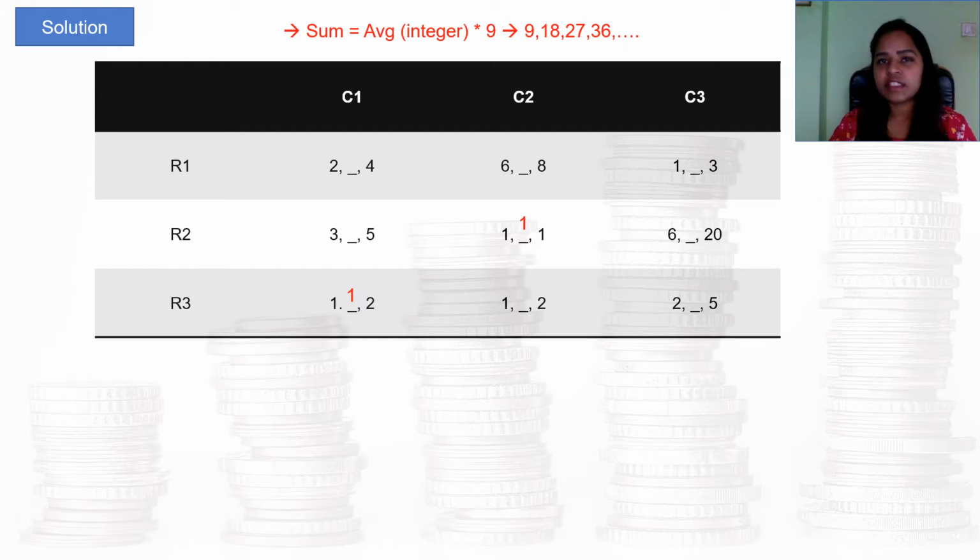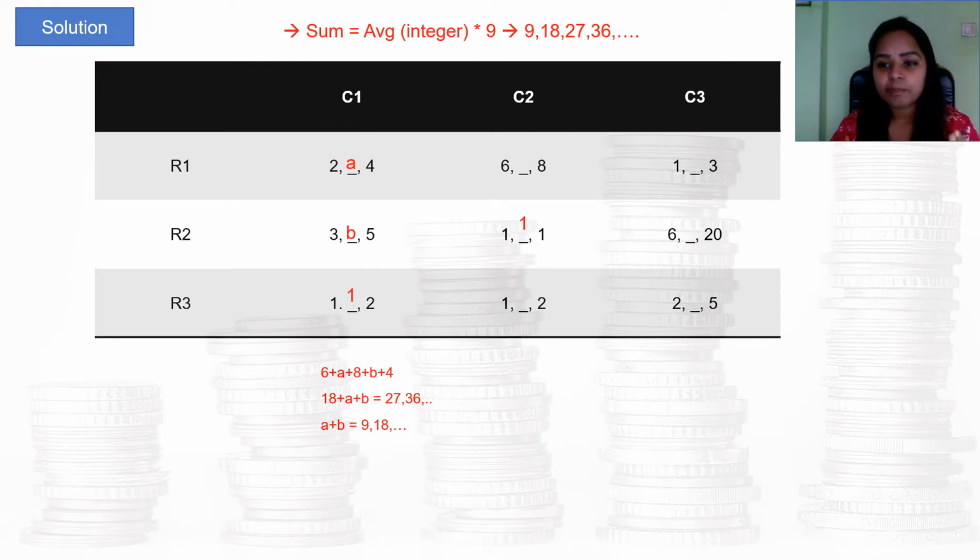Now let us solve for the details of all pouches. So let us first look at column 1. In column 1, row 1 and row 2, there is one pouch which we don't have information about in each row. So let us consider them as A and B in row 1 and row 2 respectively. Now we know that the total sum of column 1 should be a multiple of 9. Okay, so let us see what the sum is. It is 2 plus 4, 6, plus A, plus 5 plus 3 plus B, that is 8, plus B, plus 1 plus 2 plus 1, that is 4. Right, so the total sum is 18 plus A plus B in column 1.